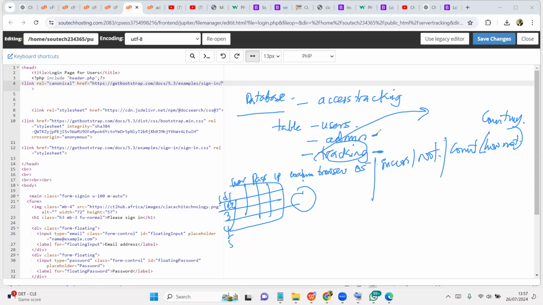Then this admin table is just going to have the username and password of admin. But this password, we want to make sure that it is hashed. We don't want a clear text password. We want a password that is hashed. I know everybody here should be able to understand the difference between hashing, salting, peppering, right? All these are cryptographic concepts.